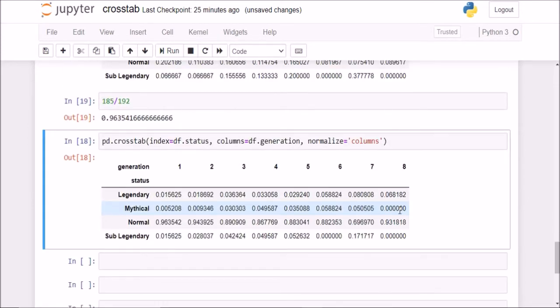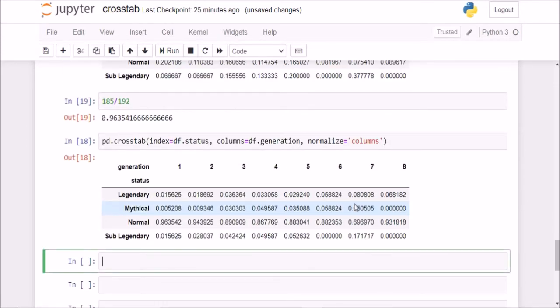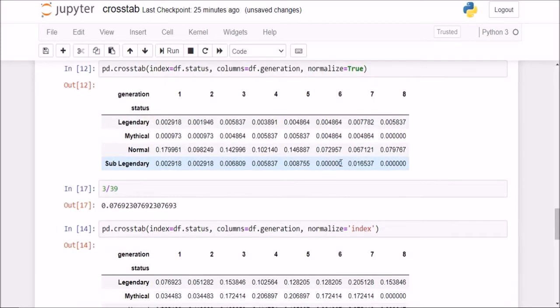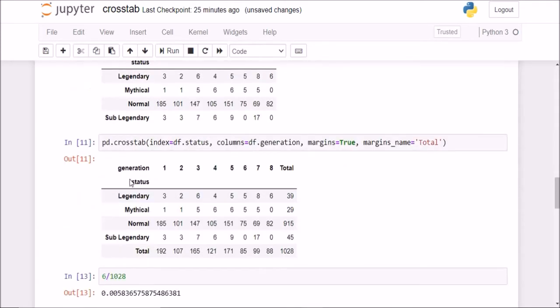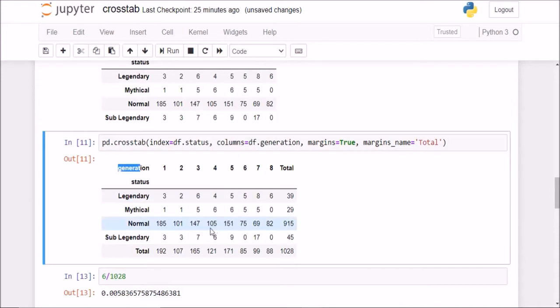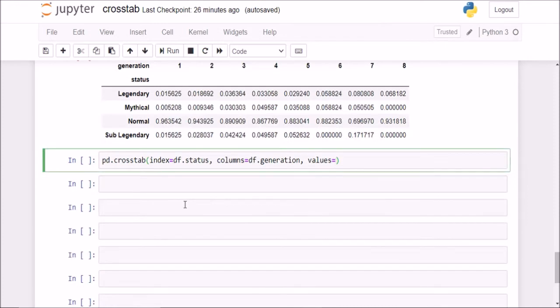Now the next parameter that we'll look at is the values parameter. Now I'll pass in a values parameter. Until now what we had done is we had only used the generation and the status columns to form a cross tabulation, right? We only had a frequency mapping of 101 Pokemons from normal and second generation. But now I can also say, for example, for the values I need df dot speed, okay, and it will be much clear what I'm doing in just a second.